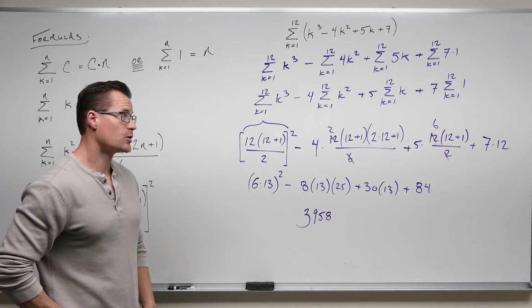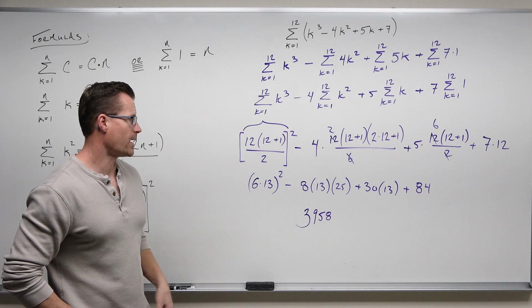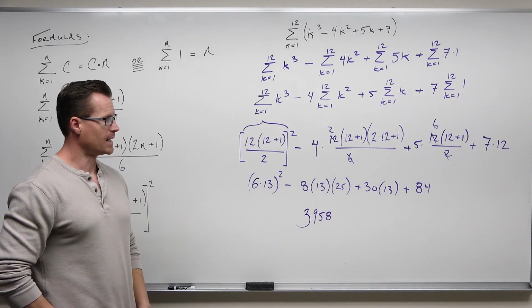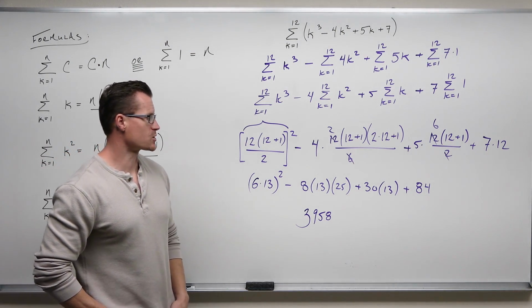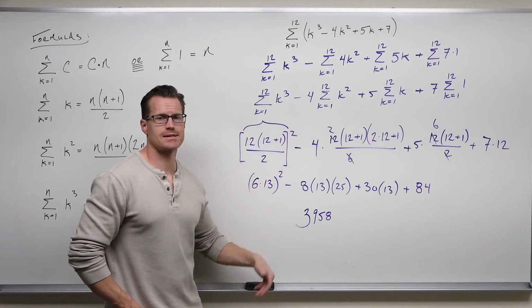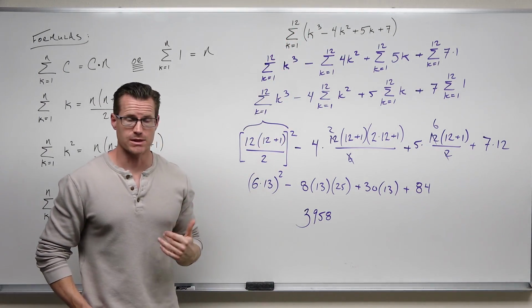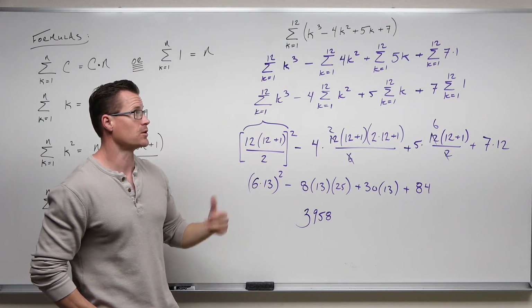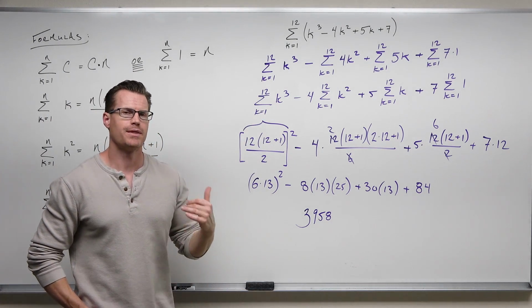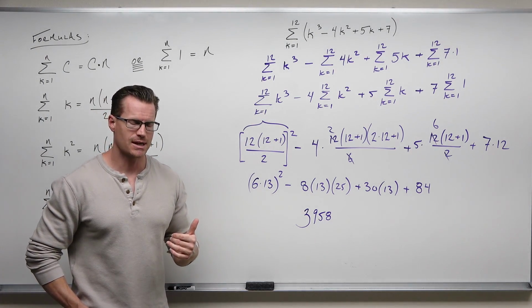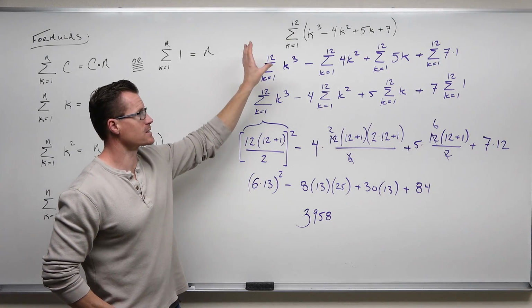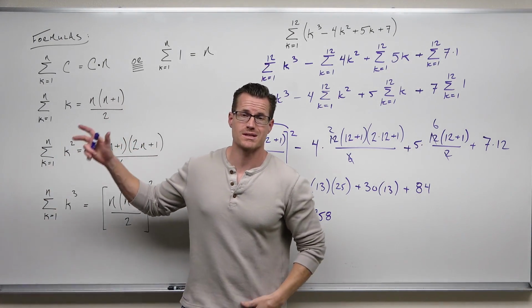Okay, barring any little mistakes that I could have made, I haven't really looked back at it yet. But if I've made any mistakes, they should be small errors. If I haven't, then that is the sum that you get by adding up the 12 terms of that sequence. You can try it if you really wanted to, but that's what you should get. So I hope I've made it make sense as far as how to manipulate a series into something that's manageable by the formulas that I've given you.